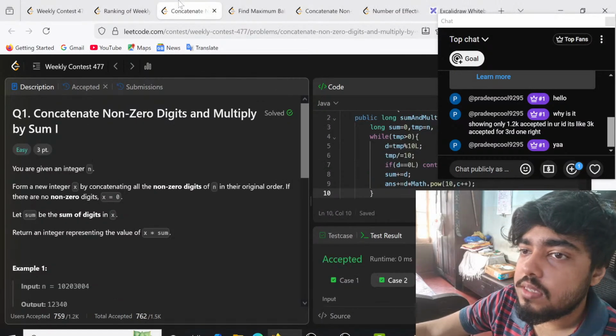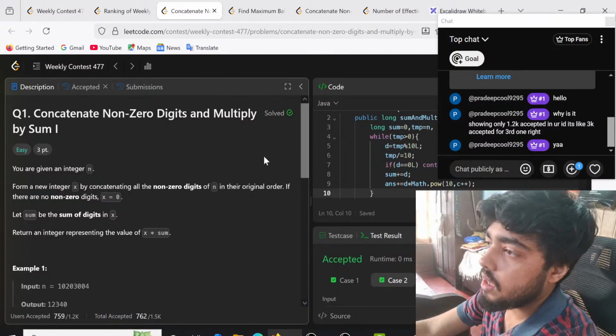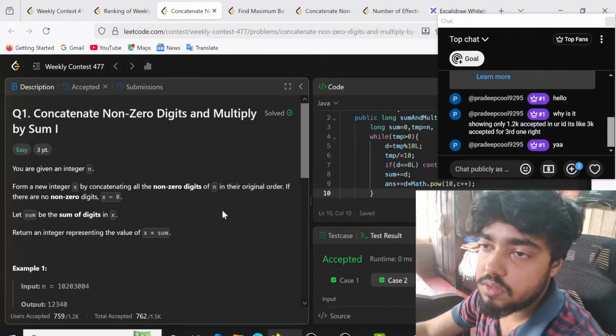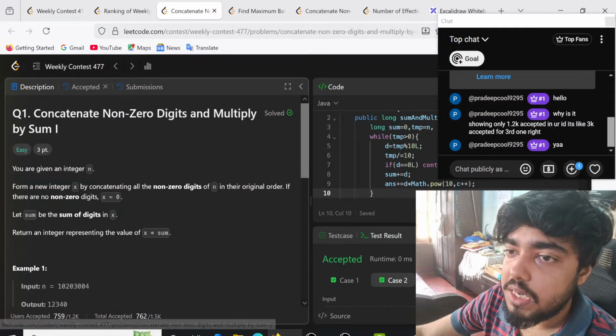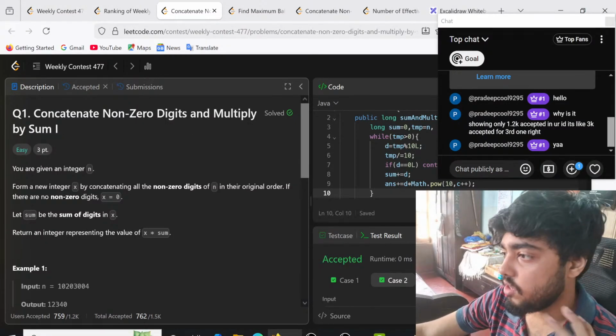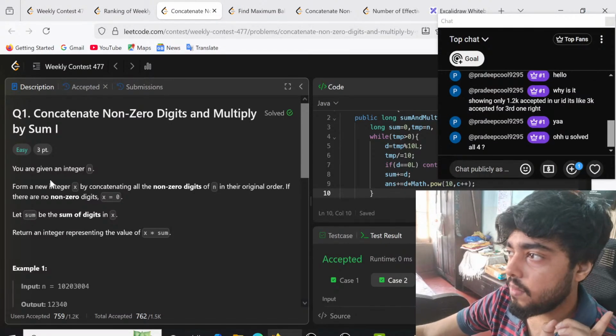Okay, so let's start with the first question only. By the way, how many questions did you guys do? The first question is concatenate non-zero digits and multiply by sum, which is a very simple question. You're given an integer n, form